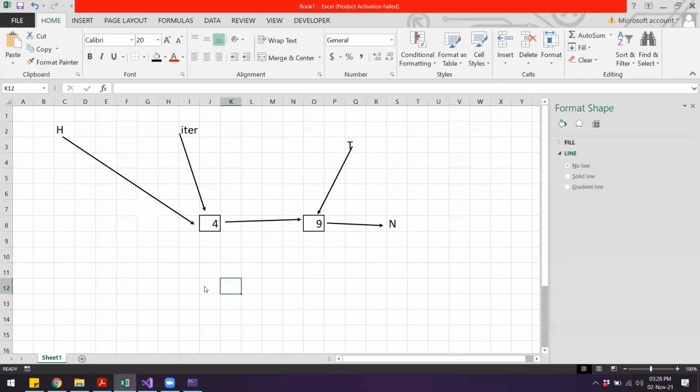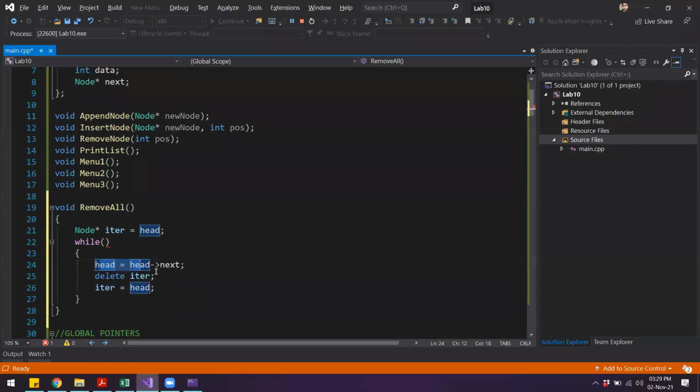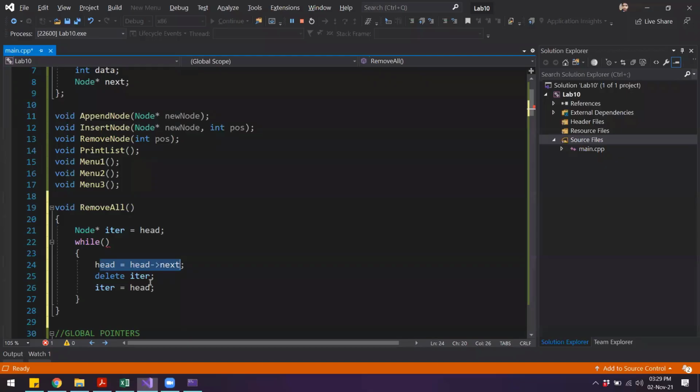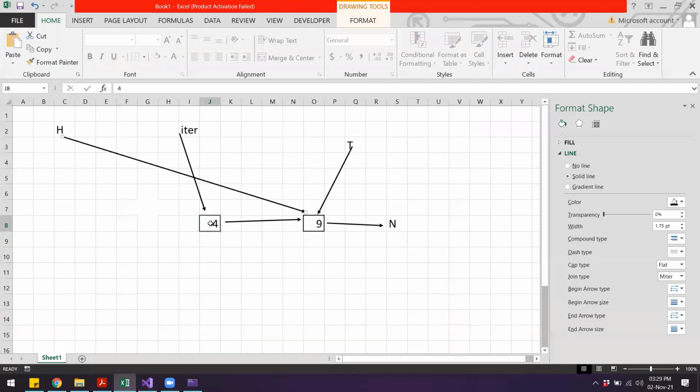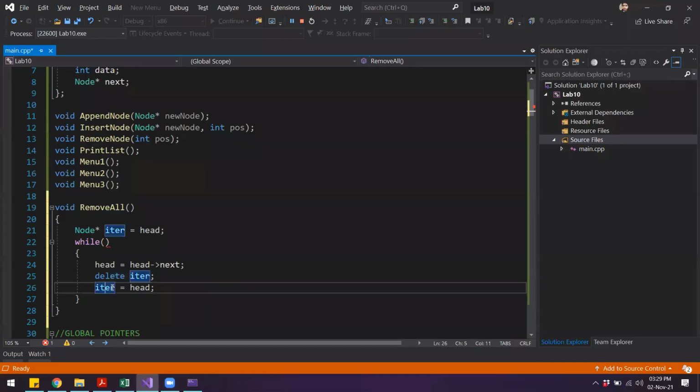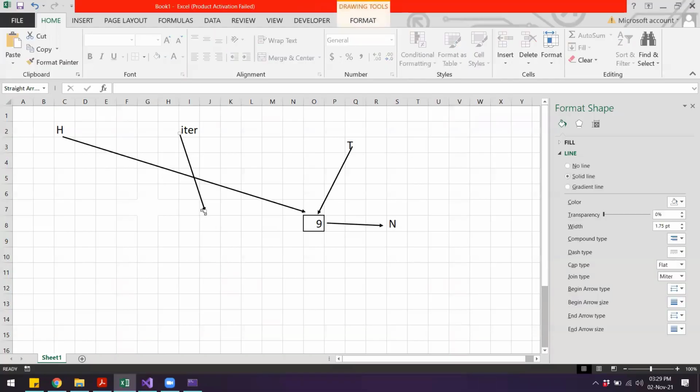Then once again, we update the head pointer to point to the next one. The head pointer now points over here. Then we delete the iterator, which deletes this particular node. Then we make the iterator point to the head.